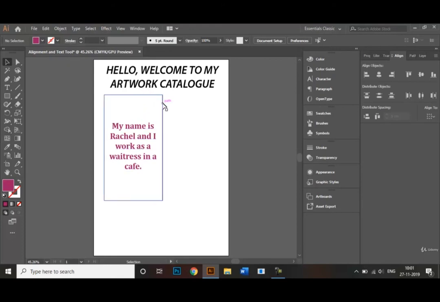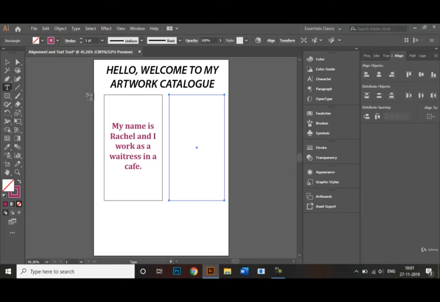So I would also like to show another trick that you can use with the text and the rectangle and with the shape tool, right? So for example, I make a rectangle. I'll switch this because I don't want any fill inside my box, right? I'll make another rectangle like that. Go back to the type tool.